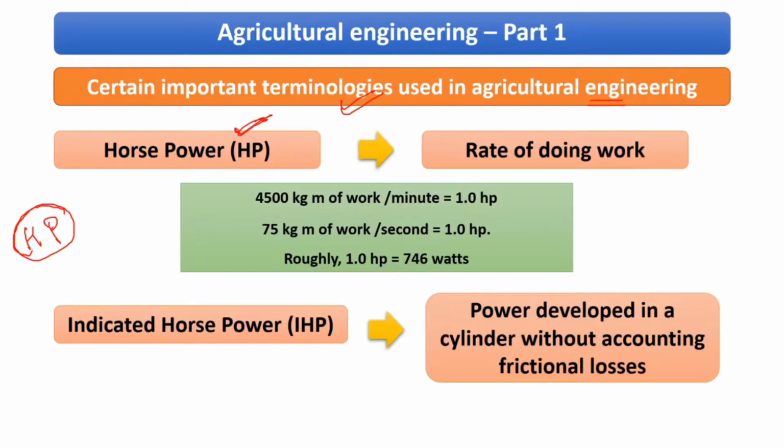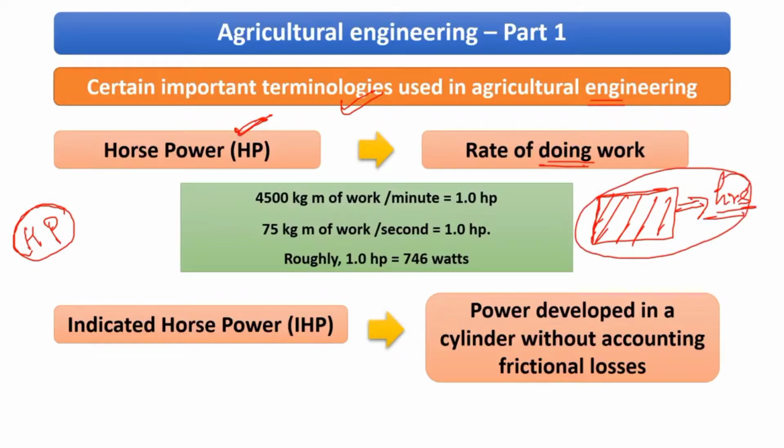Okay, so now this horsepower, if you go into the definition, it is nothing but the rate of doing work. That is, this is an amount of work that is there. Okay, and this amount of work can be completed by me in so and so hours. Okay, so when you start calculating the rate, that is for 1 unit of work, what is the amount of time that you need? If you divide that, you will get the rate of doing a certain amount of work. Okay, actually that is nothing but our power.